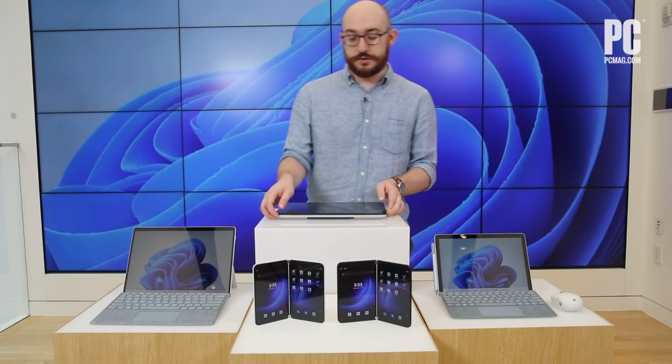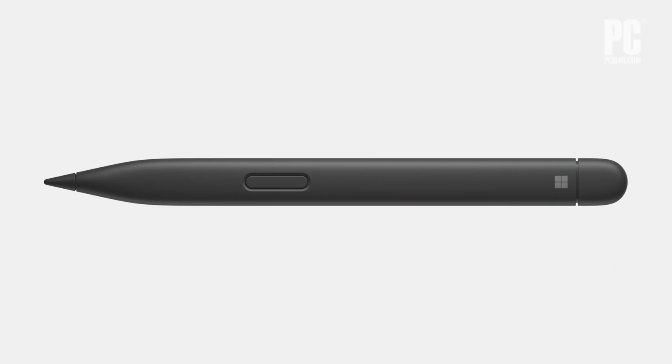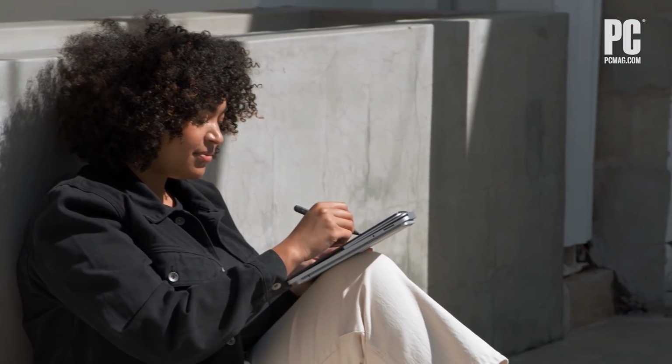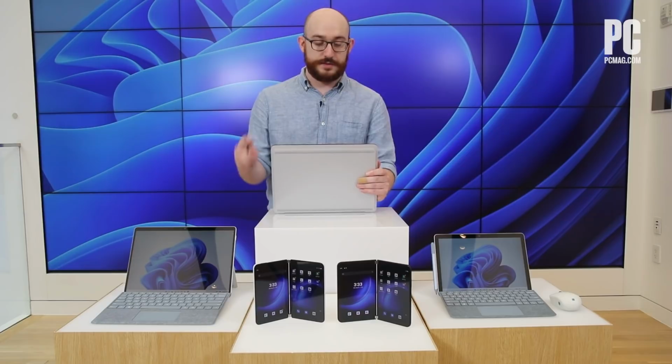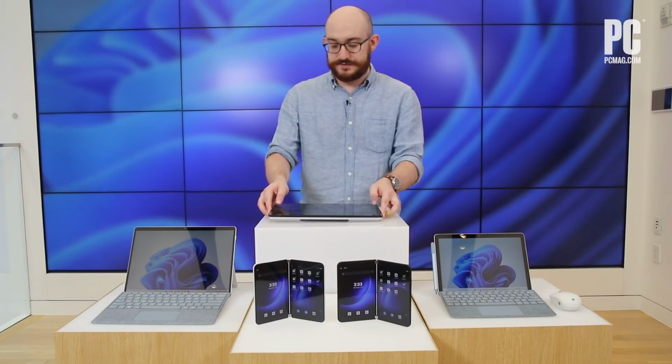The clever thing is too, the pen. There's the new version of the pen, so it's new and improved with better haptics, sort of makes you feel, in combination with Windows 11 and the display technology, like you're really dragging a pen across canvas or paper, more so than just doing a physical touchscreen. So clever magnetic attachment spot for the pen, really pretty neat,